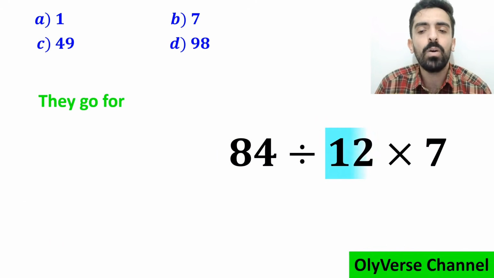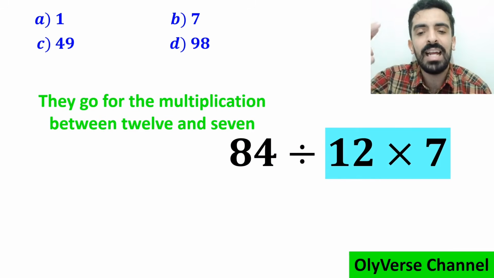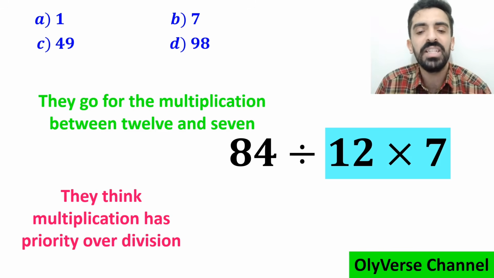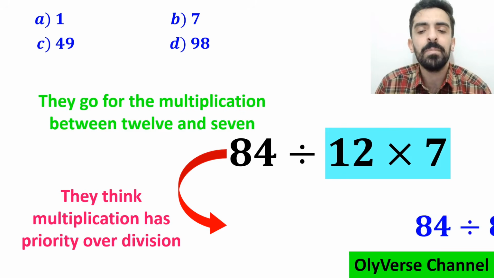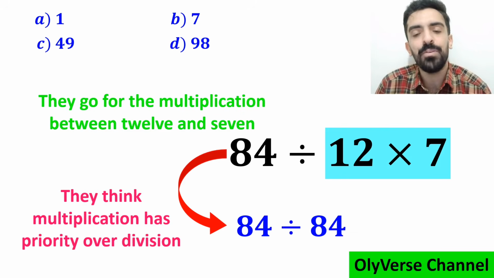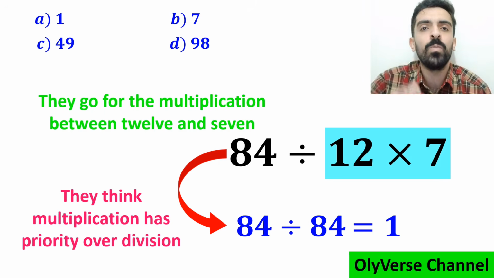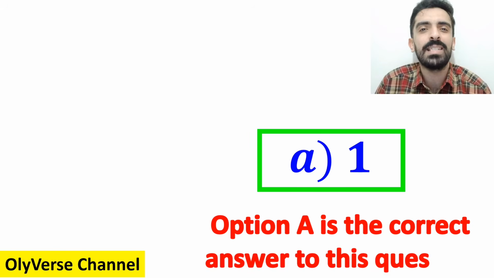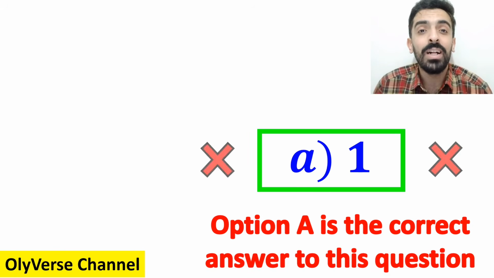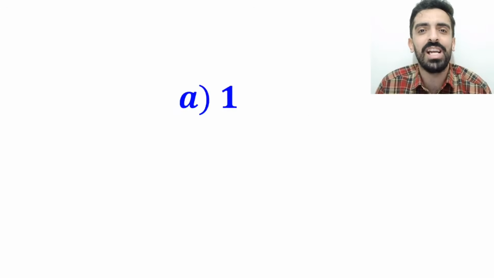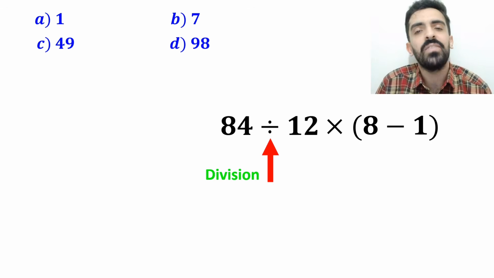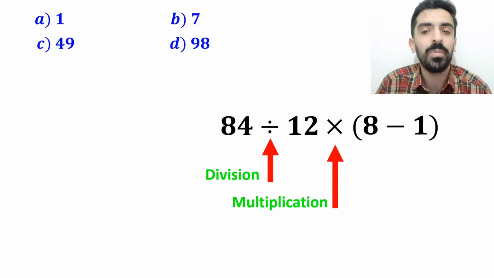In the next step, they go for the multiplication between 12 and 7 because they think multiplication has priority over division. So, this expression is simplified to 84 divided by 84, which finally gives them the answer 1. And immediately, they quickly say that option A is the correct answer to this question. However, it's not the correct answer to this question. As you can see on the screen, in this expression, first we have a division sign, followed by a multiplication